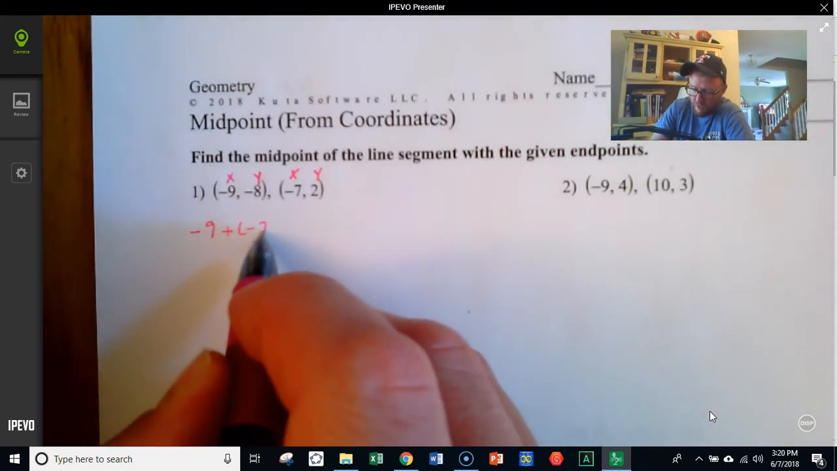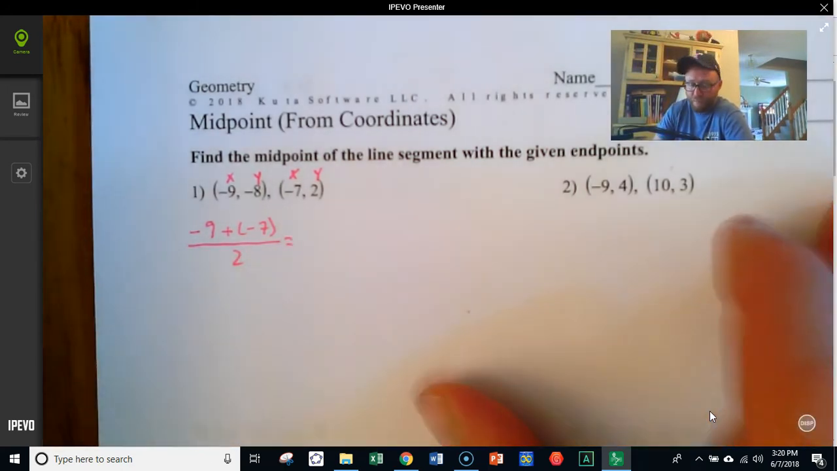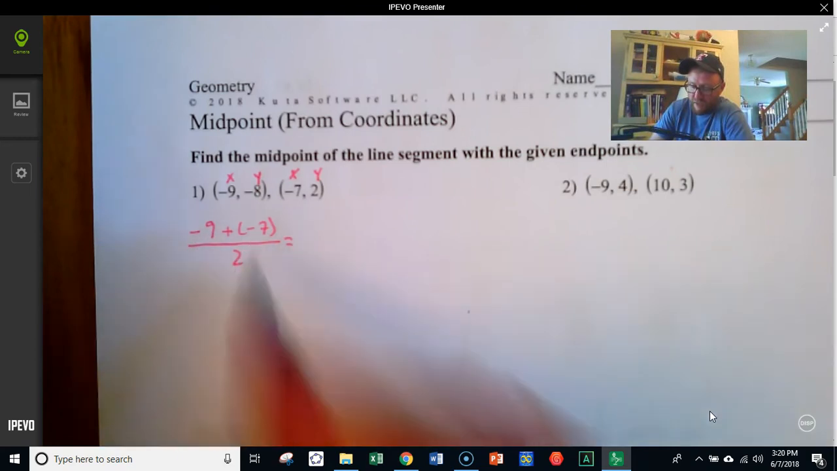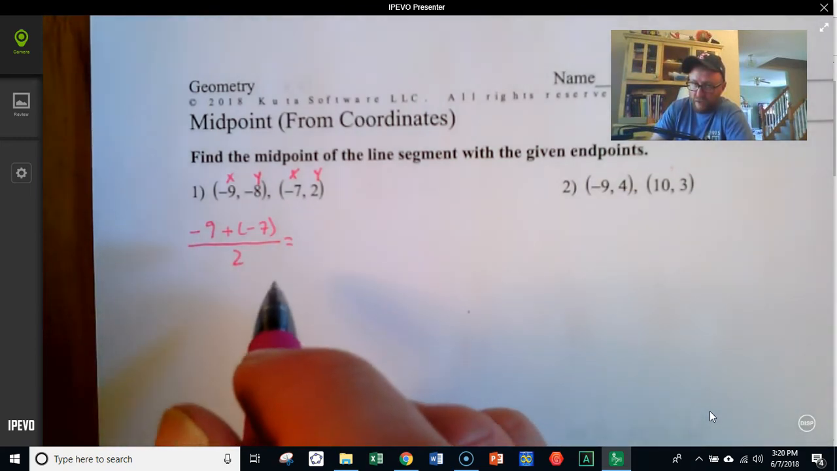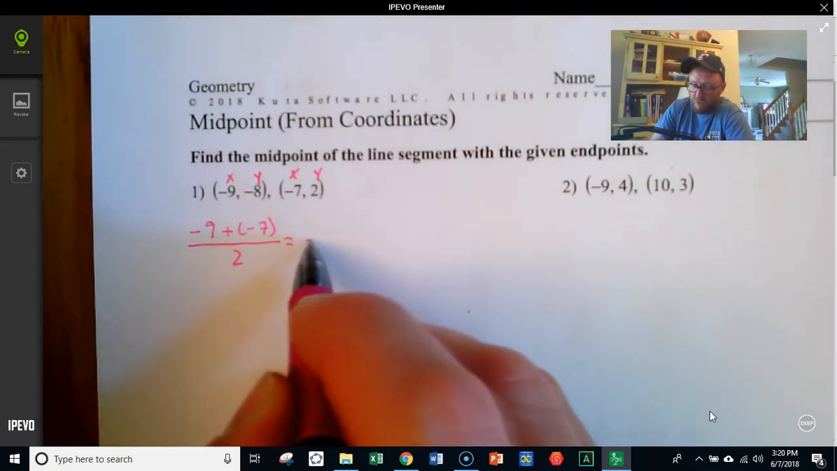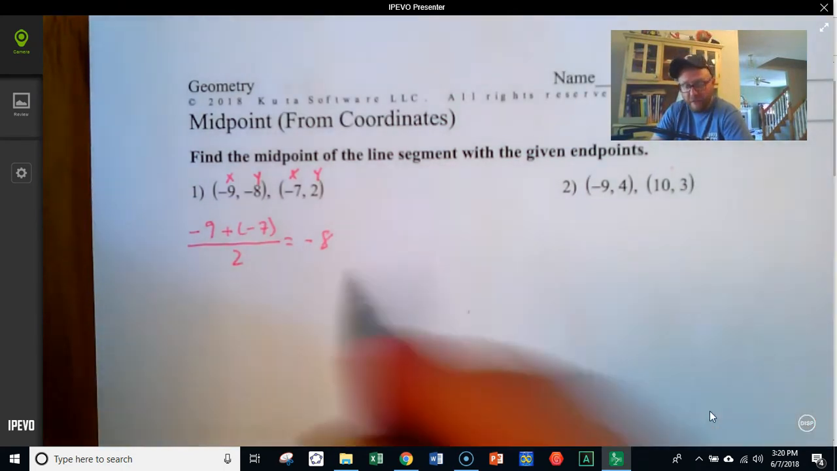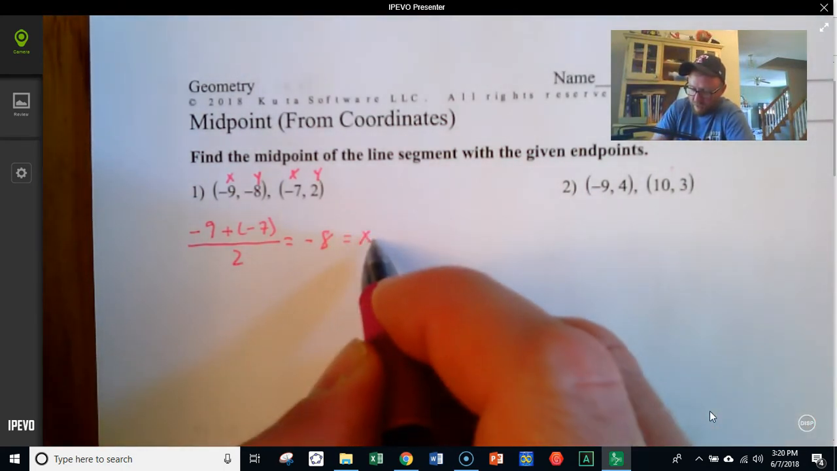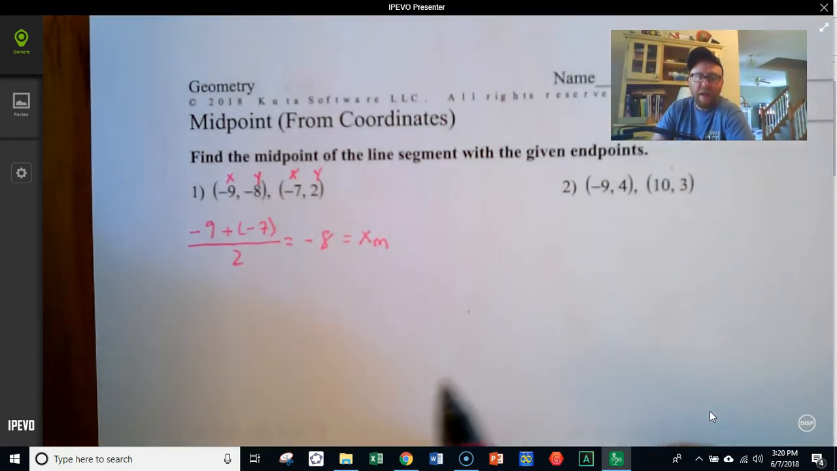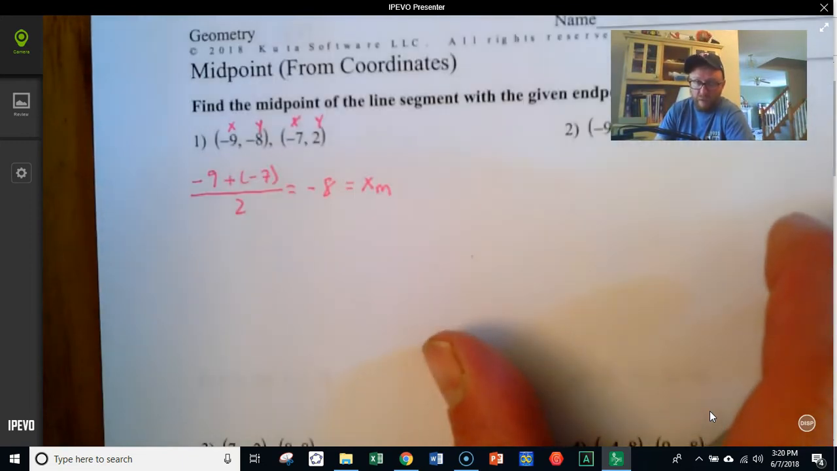plus -7, and then we divide by 2. And see, that gives us -9 plus -7 is -16 divided by 2, -8. And that makes sense because it's -9, -8, -7. Alright, and that is the x, and we're going to call it x sub m for the x-coordinate of the midpoint. So I want to keep track of what that calculation was because I need to come back to it